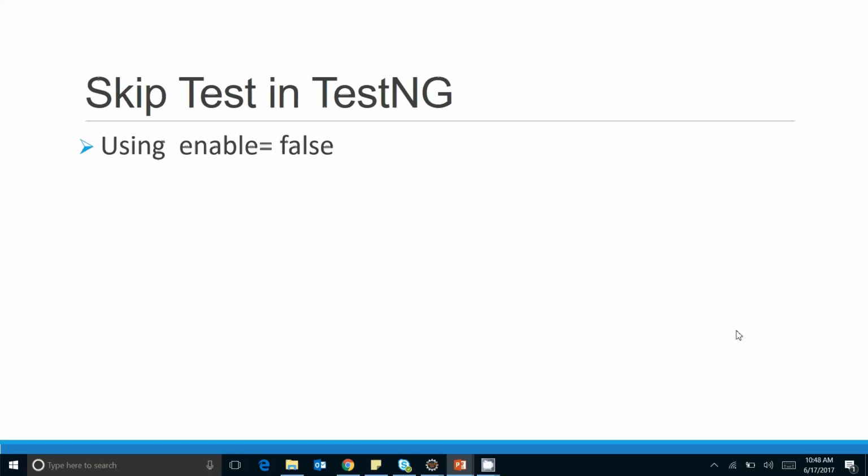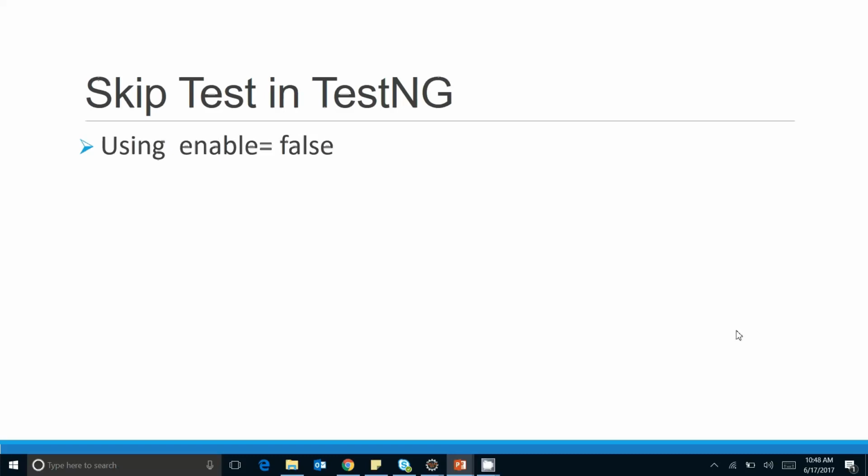Like you are preparing a test script for the Facebook profile page, and you have test cases for edit profile, update profile, and profile verification. So you have 3 tests in that particular test class, and now you want to execute only one test for debugging purposes, suppose only the update profile test. If this skip feature is missing in the testing framework, then it will execute all 3 tests, which is a waste of time. That's why in TestNG we have a facility to skip the test.